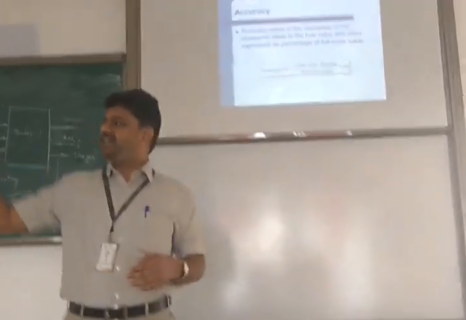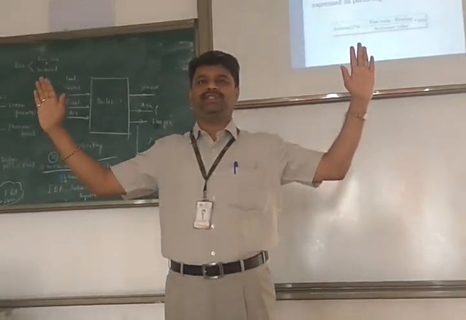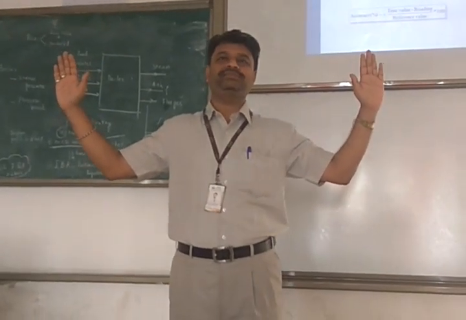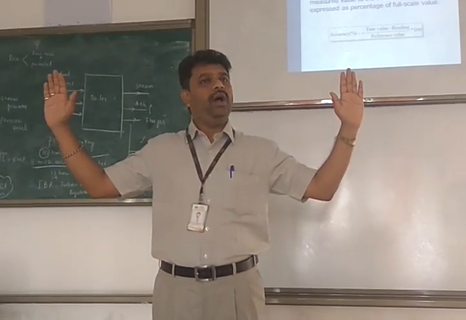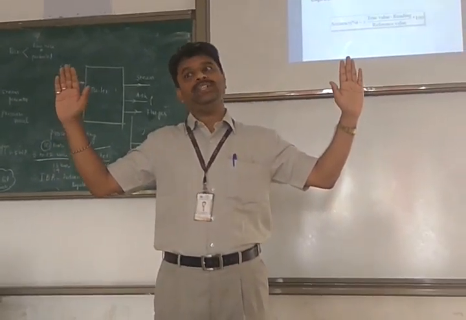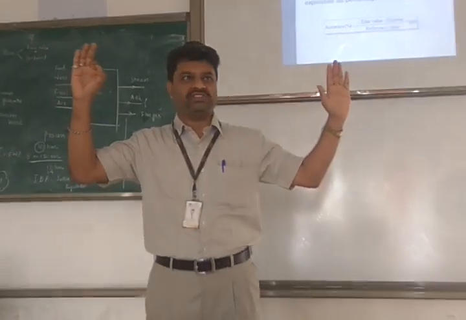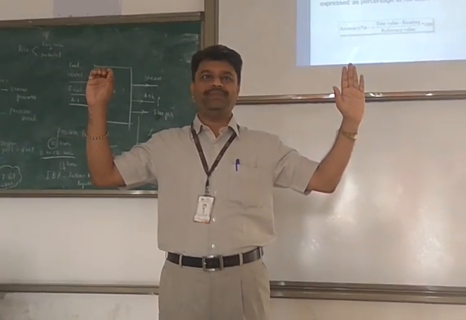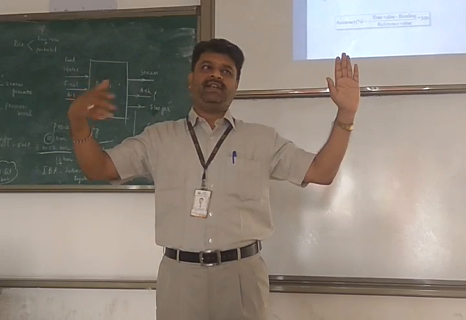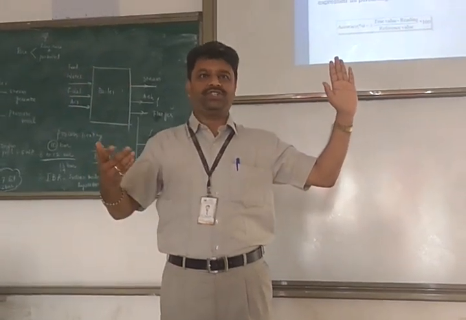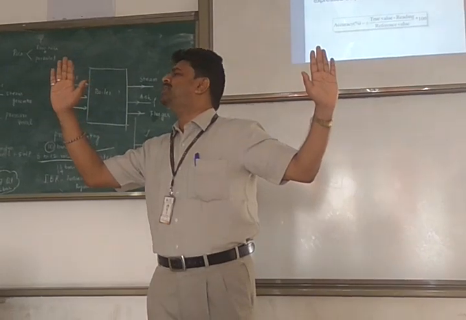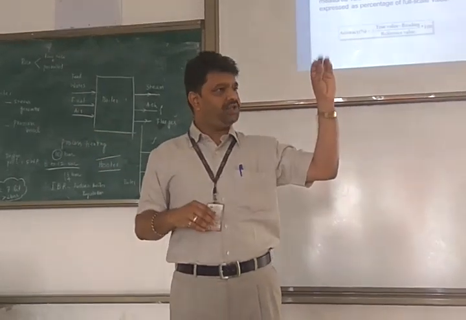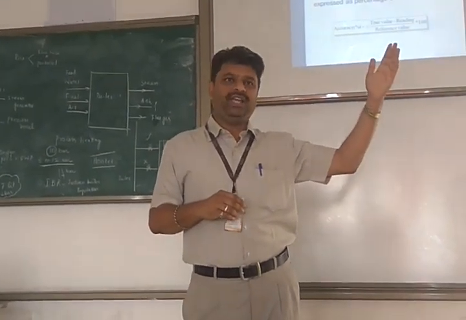Let's say we have a plus or minus 2% instrument and a plus or minus 5% instrument. Which one will have the better reading? Which one will have less error? Plus or minus 2. But what is the English meaning of accuracy? Very accurate means the better the number, the better the instrument should be, isn't it? This is just 2% accuracy. This is 5% accuracy. So according to the verbal meaning, the 5% should be the good instrument